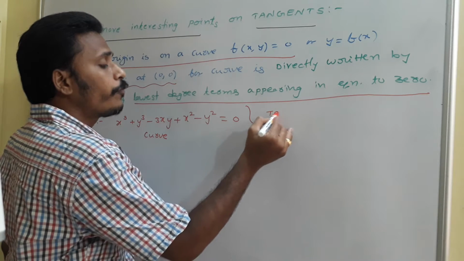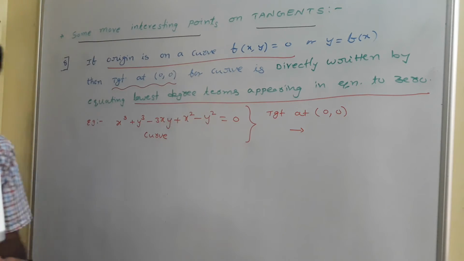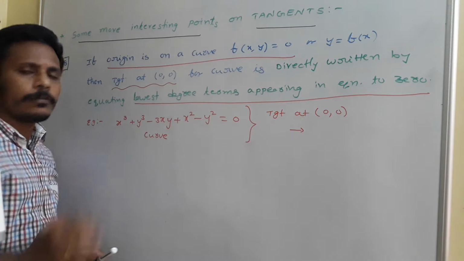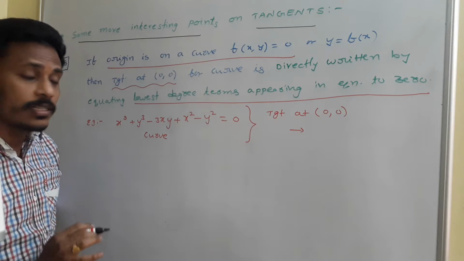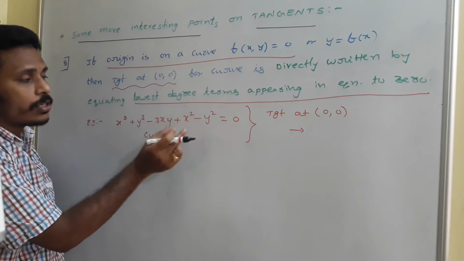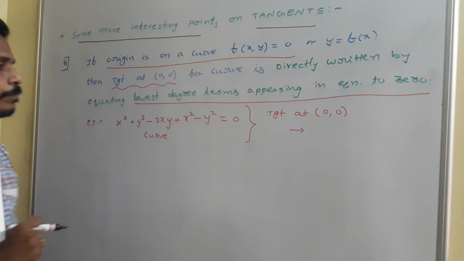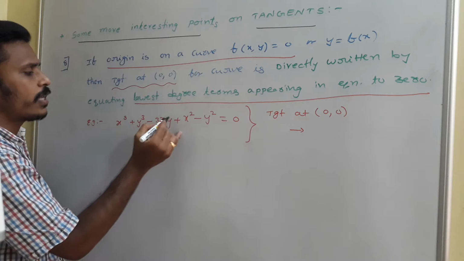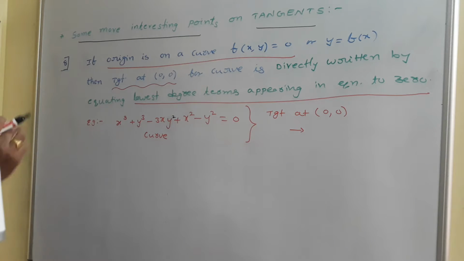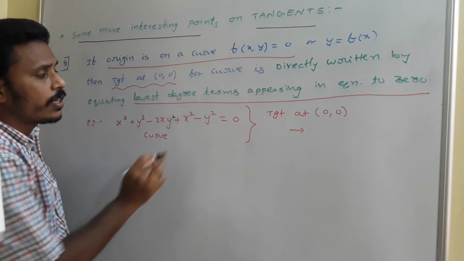Now, if you wish to mention the tangent at origin for the curve, no need to differentiate it, no need to find the slope, no need to do anything. Directly the tangent equation is simply nothing but, for this curve you just think about the lowest degree terms. These are the 3, and this is 1 and 2. Or otherwise, just take it as 3xy square as a simple example: degree 3 and degree 3, and for these two degree is 2. So the lowest degree terms are these two.